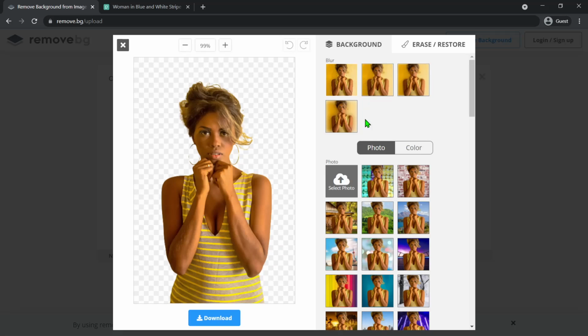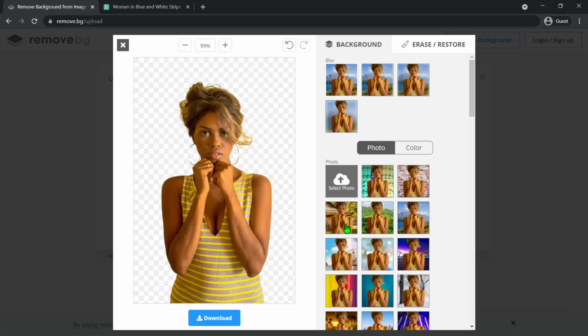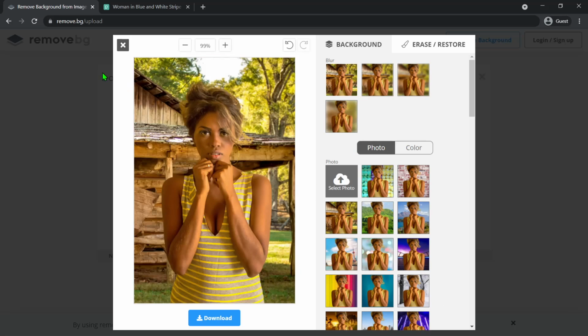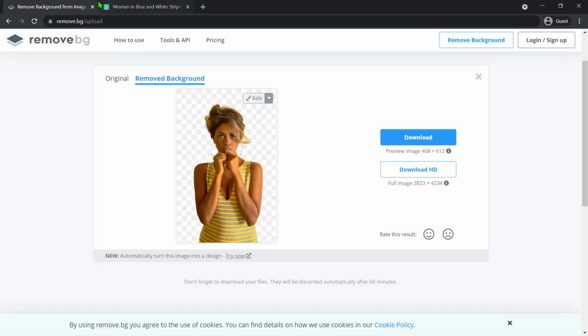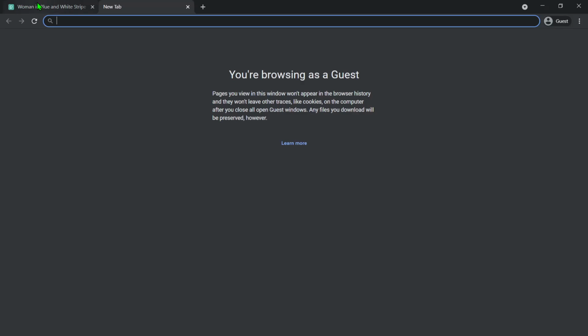Also, you can change the background of your image, like if you just want PNG, or you can apply any image from this website only. See, there are many different options. So this was the third tool which I think is very important, and it was remove.bg. I'll put the links in the description so you don't need to worry.